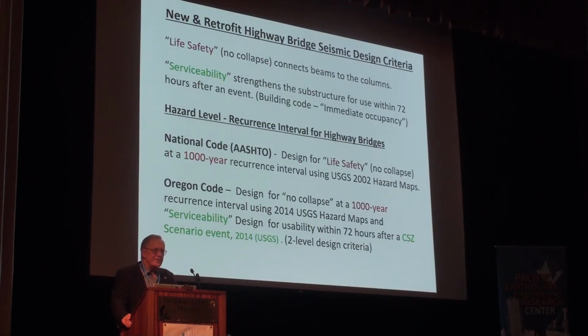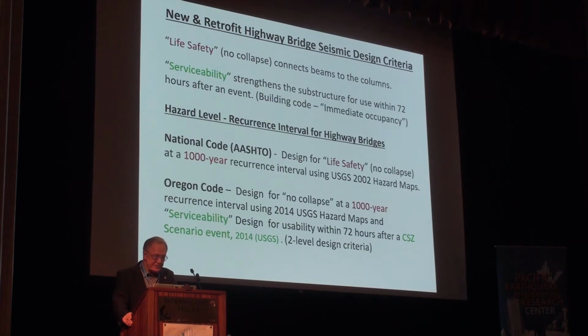Once we identified our damage states, one of the things we realized was that if we actually did have a major Cascadia subduction zone earthquake in Oregon, damage would be so widespread in Western Oregon that the typical life safety design criteria of AASHTO just wouldn't work for us. We needed a performance level for our bridges, at least those on our lifeline routes in Western Oregon. And so in 2004, we adopted a performance level